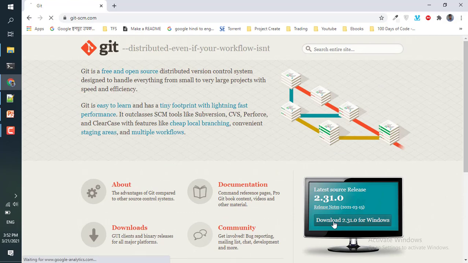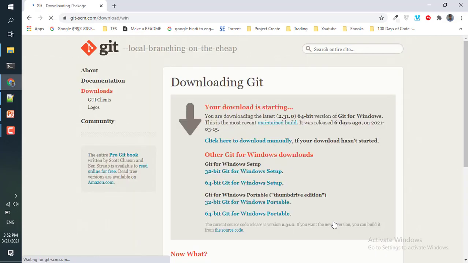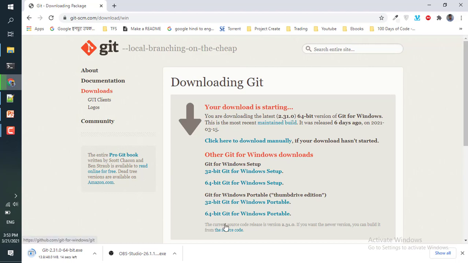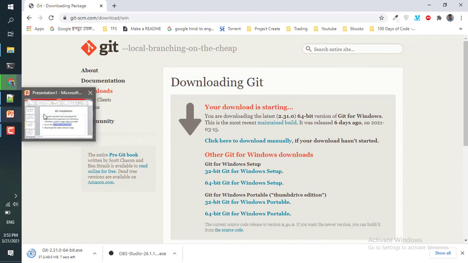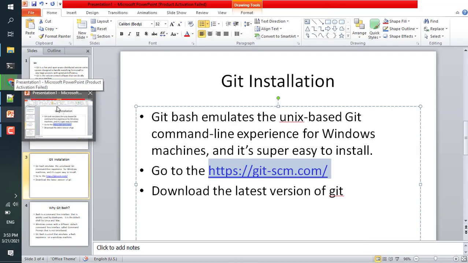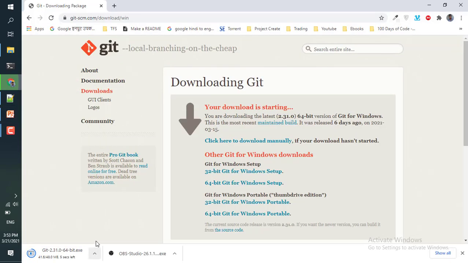I click here to download the latest version, 2.31.0, the 64-bit version for Windows. The download takes 14 to 30 seconds. Once the setup is downloaded, we go to the location and install it in our system. I'm waiting for the download to complete.